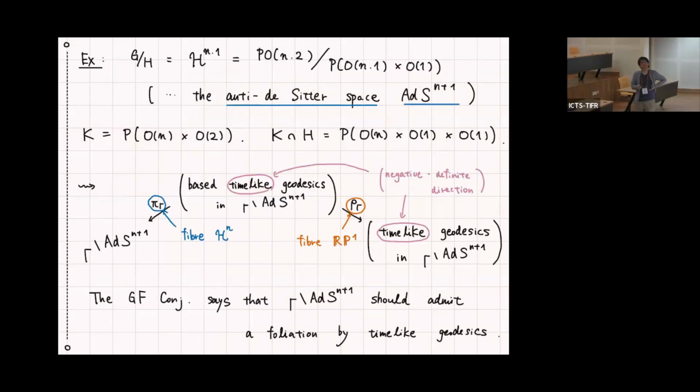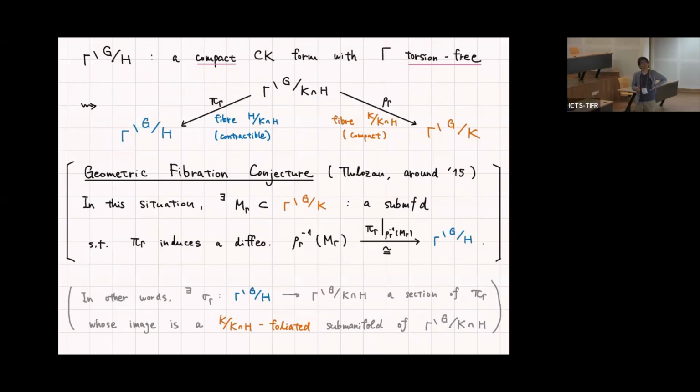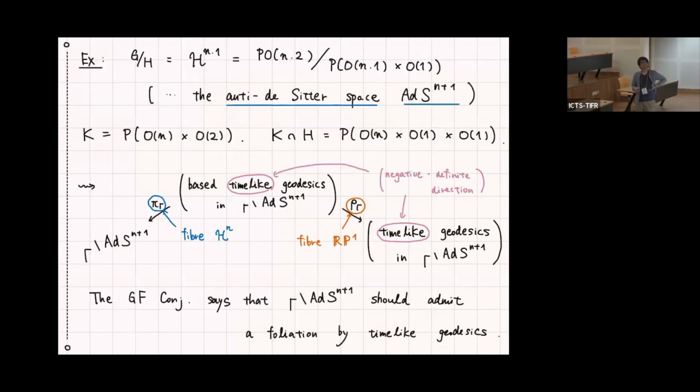Okay, let me explain this conjecture in one example. So let us consider the case when G mod H is H^{n,1}. This is often called the anti-de Sitter space, AdS^{n+1}. So G mod H is this one. And in this case, K and K intersection H is like this. So what the geometric fibration conjecture says is the following. In this case, G mod H mod Γ and G mod K intersection H mod Γ and G mod K mod Γ are, respectively,